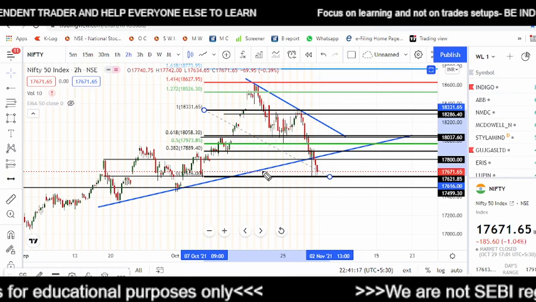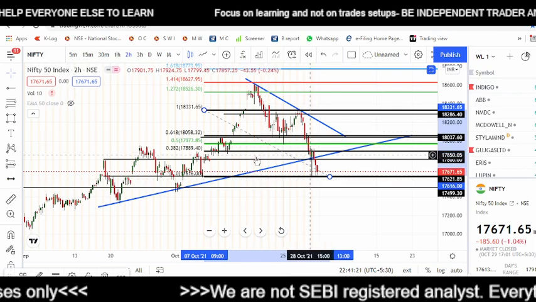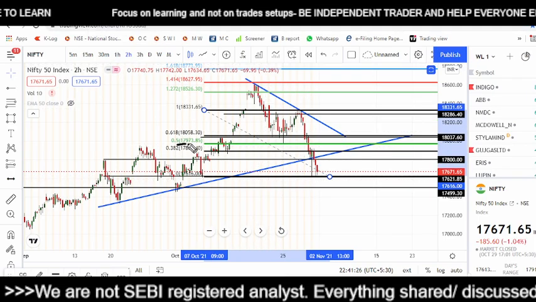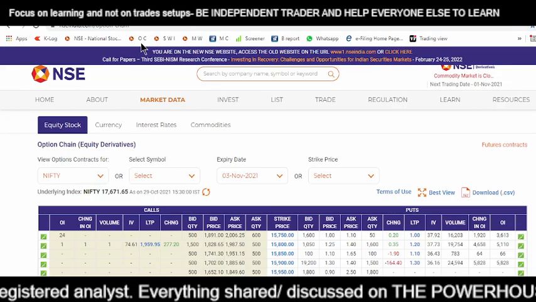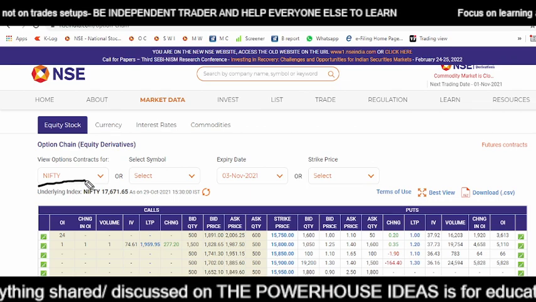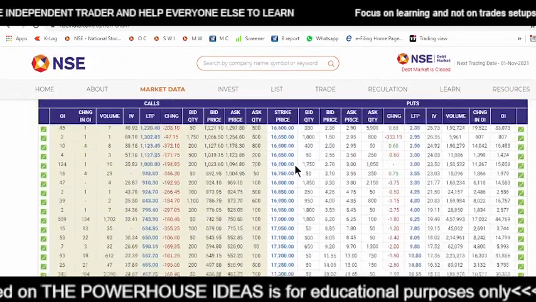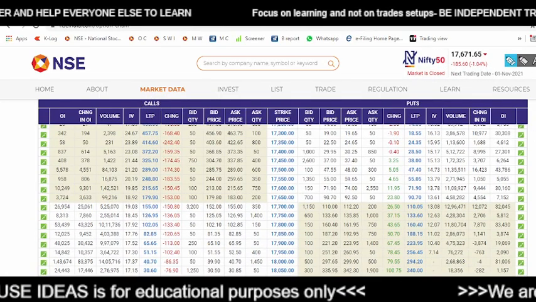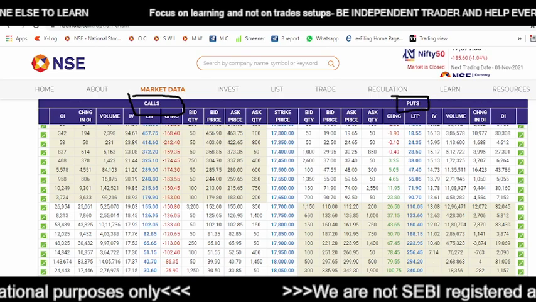Now let us take the example and see the same with the help of the option chain, how these levels are identified in option chain analysis. As we understood that 17,800 is the 50% retracement, let us see on the option chain what the key levels are. On the front of your screen you can see the Nifty option chain for the expiry of 3rd November. Let us see the key levels. As already informed in the previous video, the call positions, the call writing, works as a resistance and the put writing works as a support.